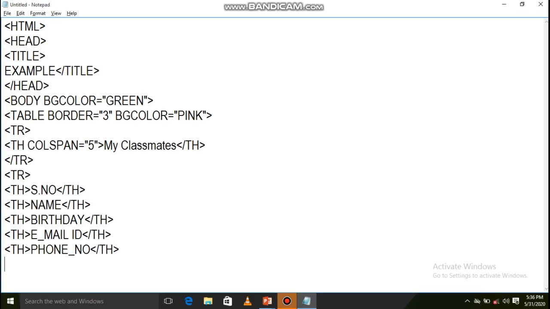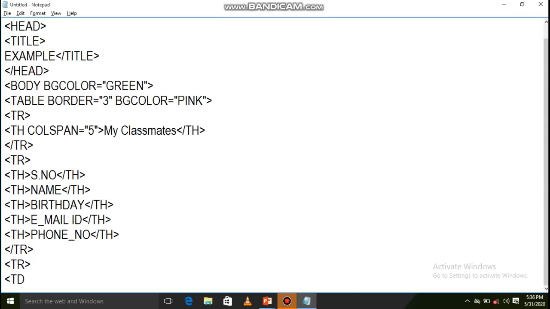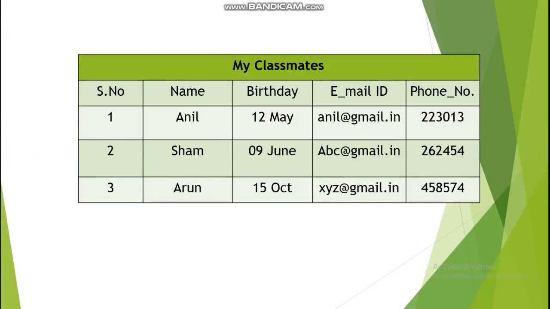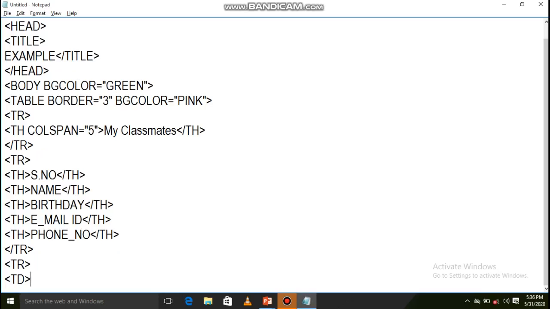th close, at last tr close. Next one more tr, now here td. Now what you are going to mention is serial number 1, Anil, 12 May, anil@gmail.com. Likewise you need to mention this.